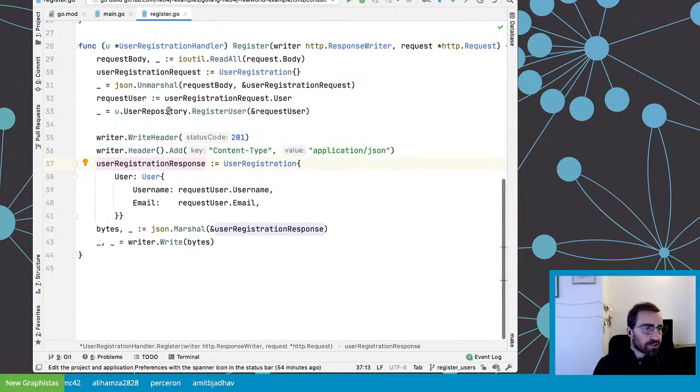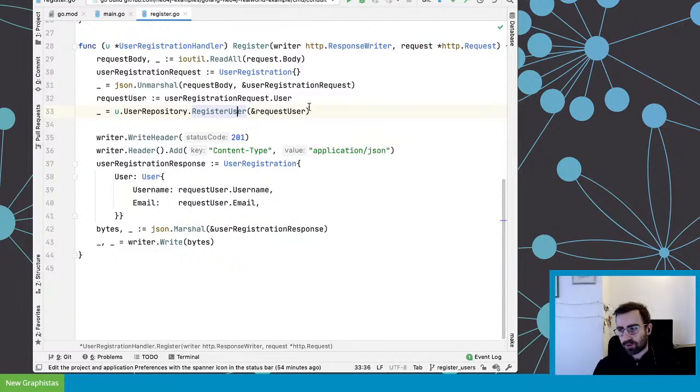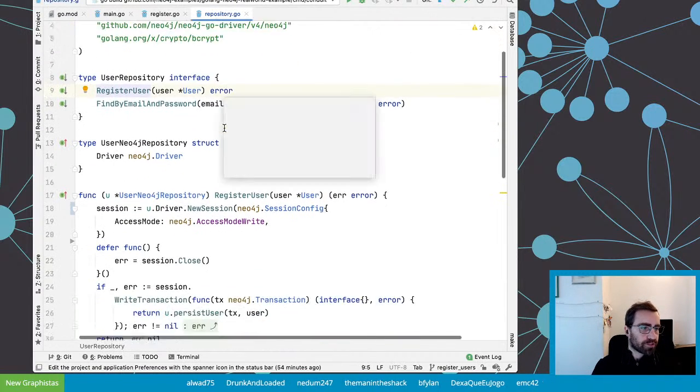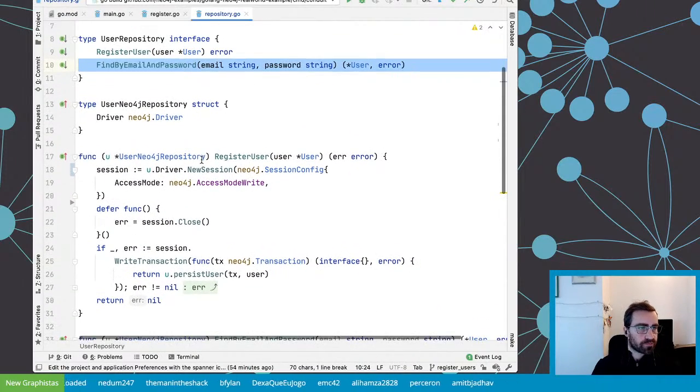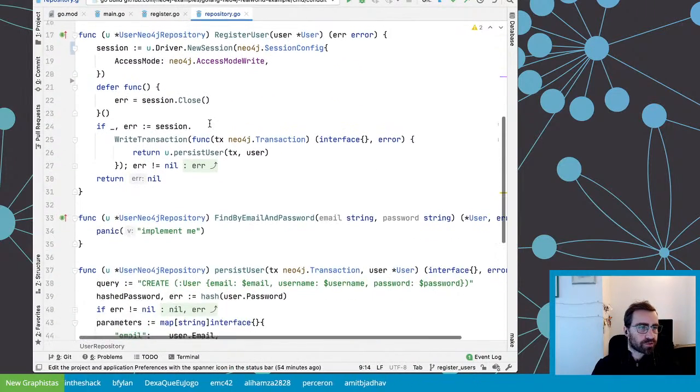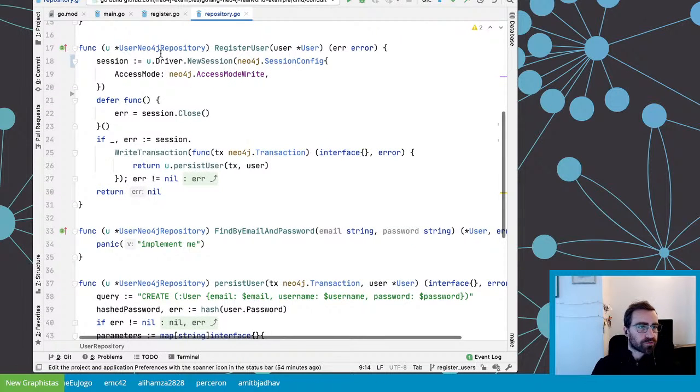So if we look here, we just have this handler. Back to our user registration that delegates to the repository to store into the Neo4j database, which is the interesting bit for us, right? We're not here to write HTTP apps. We're here to show how to use a driver. And if we look at the driver, this one is the one we are currently working on, but the registration is complete. We have access to the driver.